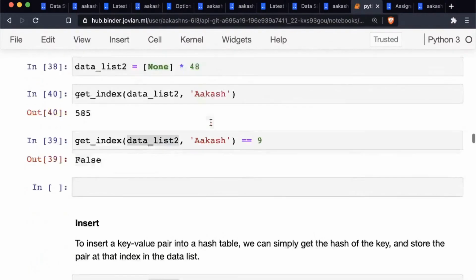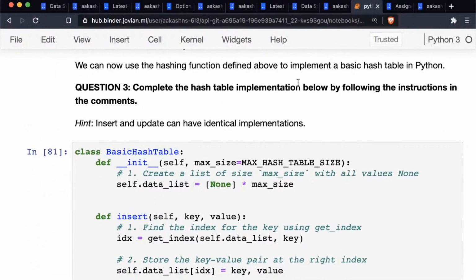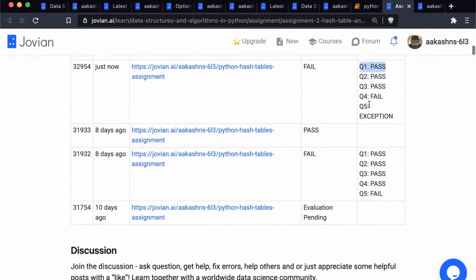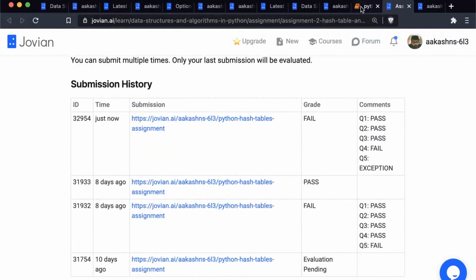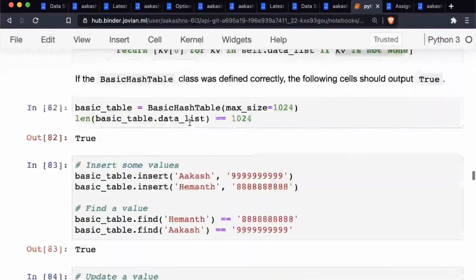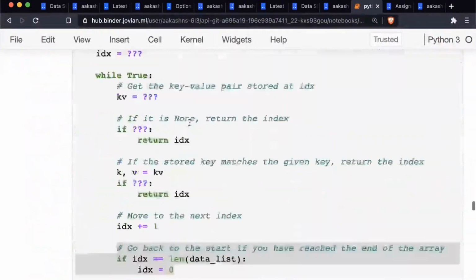So question 3 was complete the hash table implementation. Question 4 was a fail, get valid index. We've not defined it yet. And question 5 led to an exception, obviously because we have some code which will not execute because we have some blanks that need to be filled in. So use this as feedback. You will know exactly what to fix.